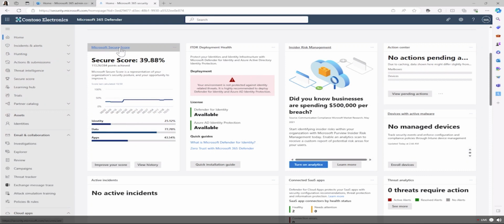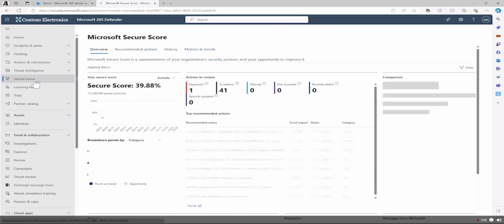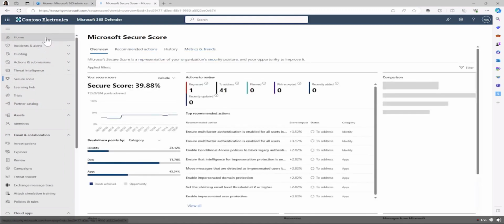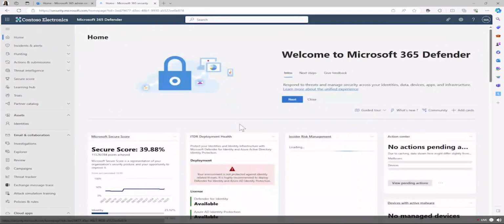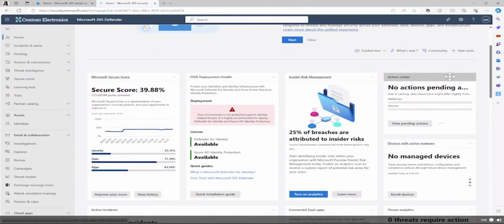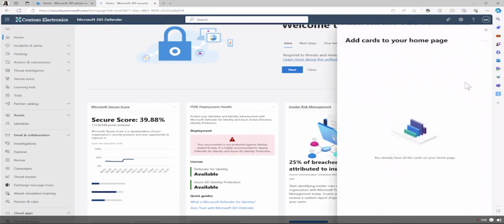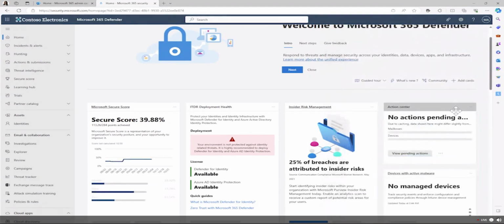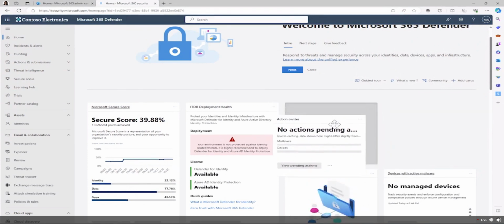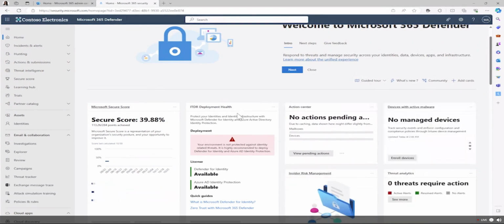Also, if I click on secure score, it's going to provide me the same menu that is on the left and provide me more information related to the secure score. I have also other dashboard or cards that I could add to my dashboard. Here I have all the cards that already exist. I could move them around if I want to,